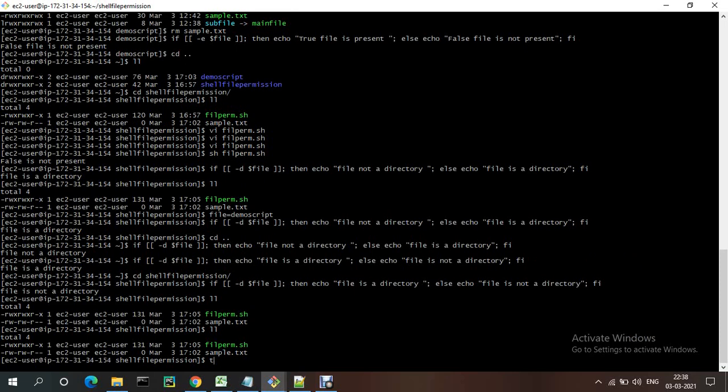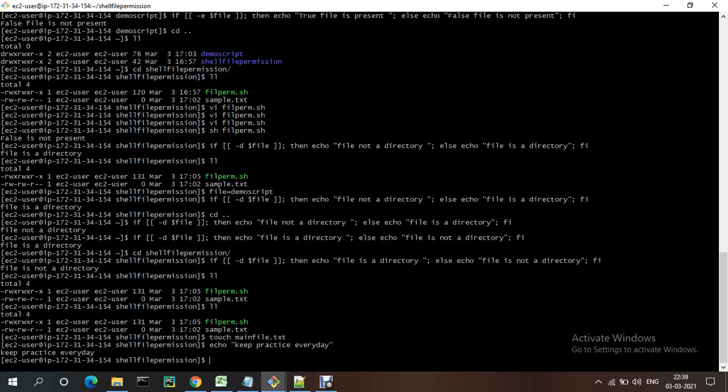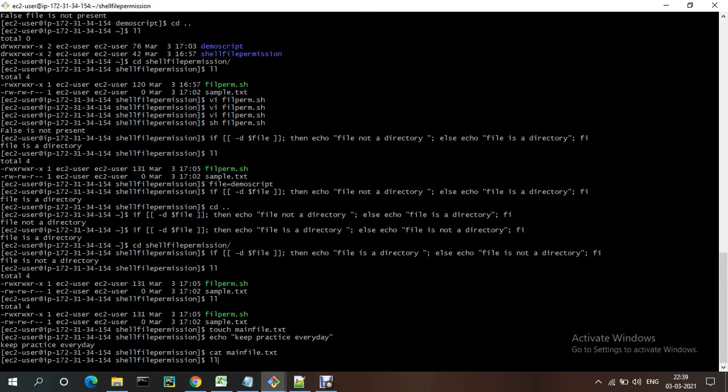Okay, touch mainfile.txt and I wanted to insert some data into the file. Okay, practice everyday something. Okay, now I need to create a symlink.